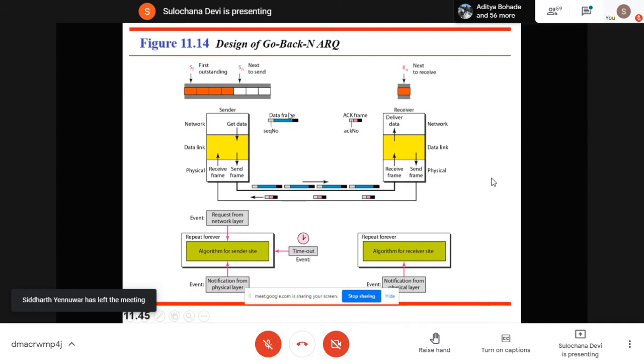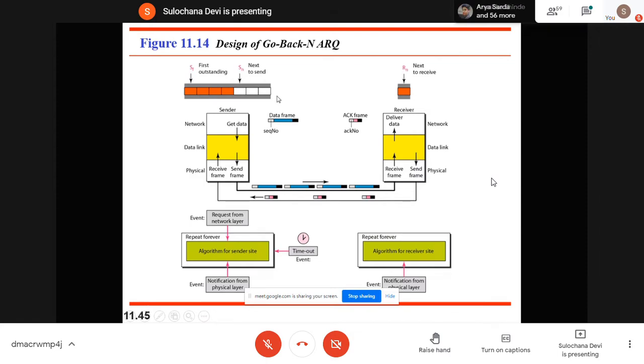Now send this frame and increment the value of SN. Simultaneously, if you receive acknowledgement from frame number 0, you increment the value of SF by 1. If you receive acknowledgement for this, you increment the value of SF by 1. When you receive acknowledgement, you slide the window by 1. If this frame is acknowledged, then you include the next frame in the window. Now, if this frame is acknowledged, then you add the next frame into the window.